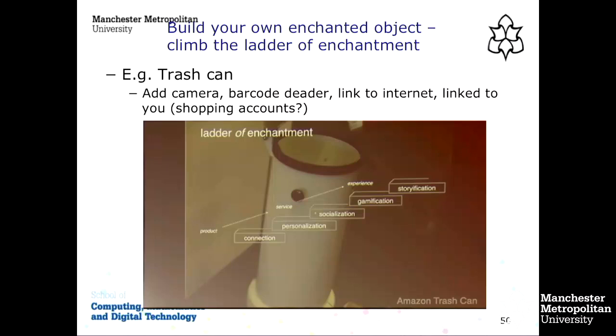And there's nothing to stop you building your own enchanted object for this. Just for example, your own smart trash can. You can get things like cameras that you put onto it, barcode readers, or in future things like RFID readers or NFC readers. A barcode reader, that should be. Then once you start picking up